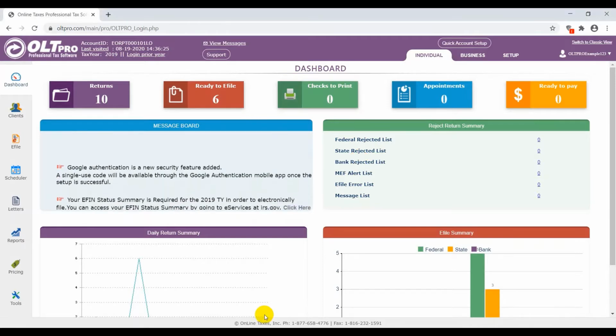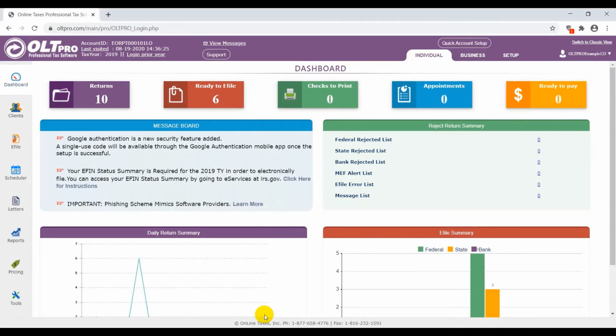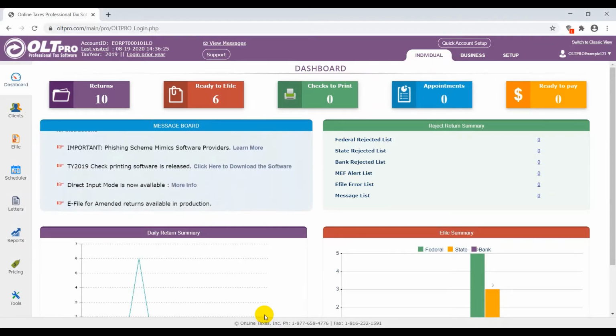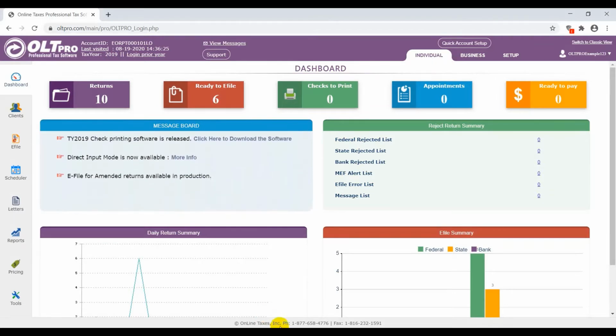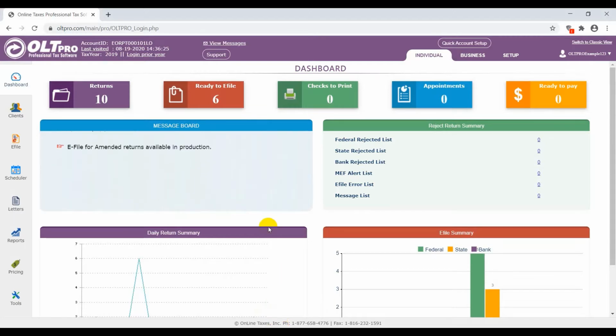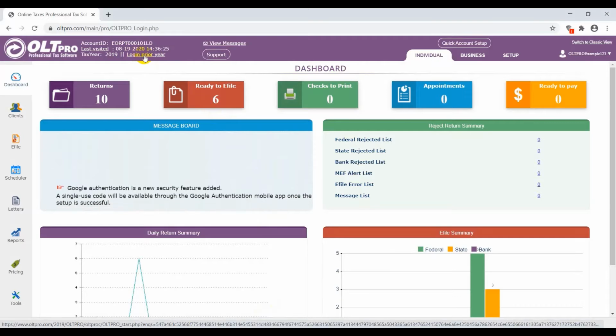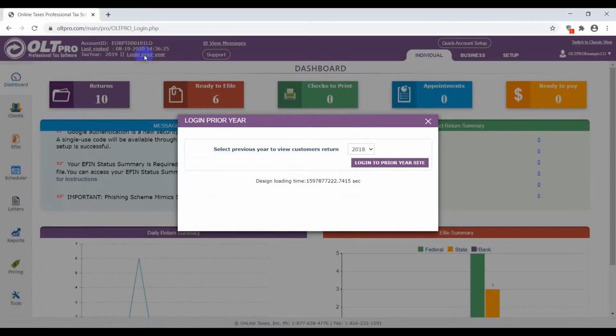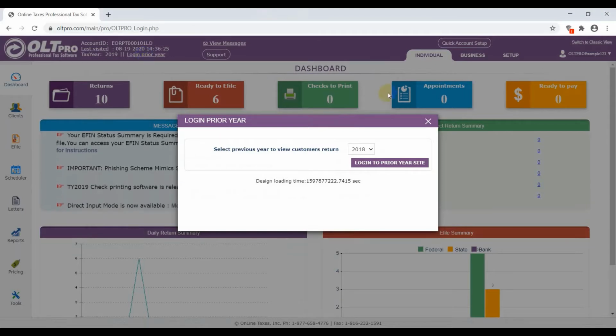Let's start by looking at the preferred method for those of you users who have been with us for a couple of years now. So, if we're here on our dashboard, we're going to look towards the top. There's going to be a link here. It says Login Prior Year. And let's click on that link, and you're going to have a new window open where you can select a